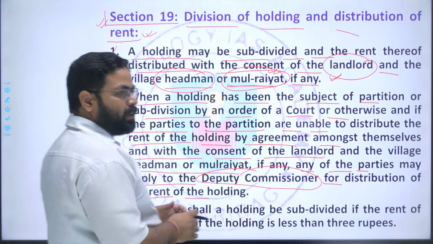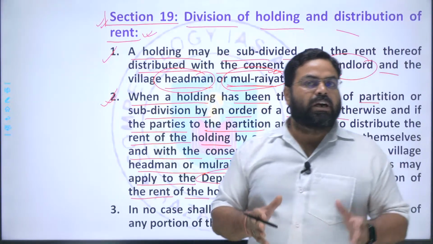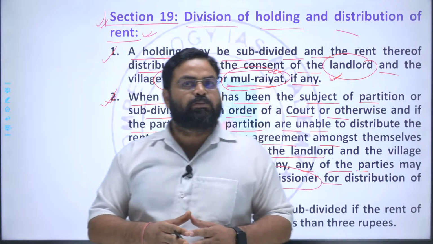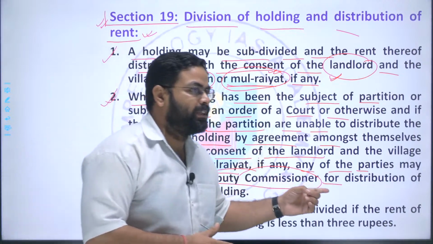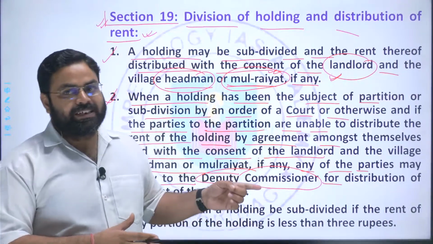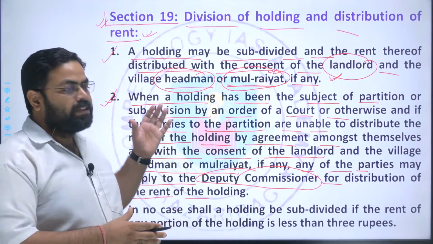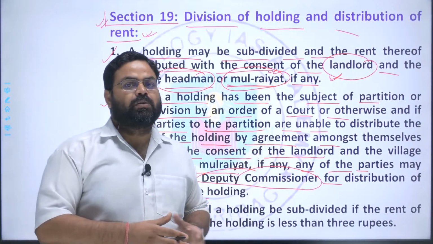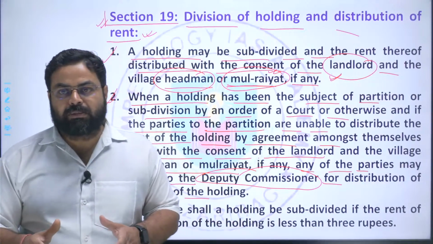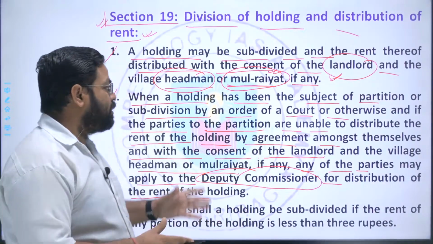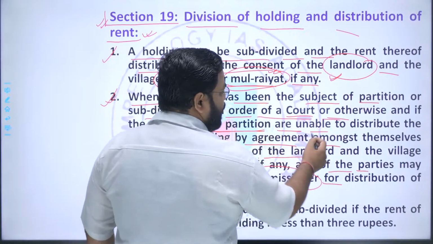So suppose that two of the brothers come in dispute over the partition of the land, and they move to the court, they file a civil suit saying, he is not giving us land, he is giving us less, he is not giving at all, he is chasing us away. Such kinds of issues arise every now and then. So in these cases, what happens? The civil court gives the verdict that this much land will be yours, this much land will be yours according to law. So the court order will be there for the partition of the land.